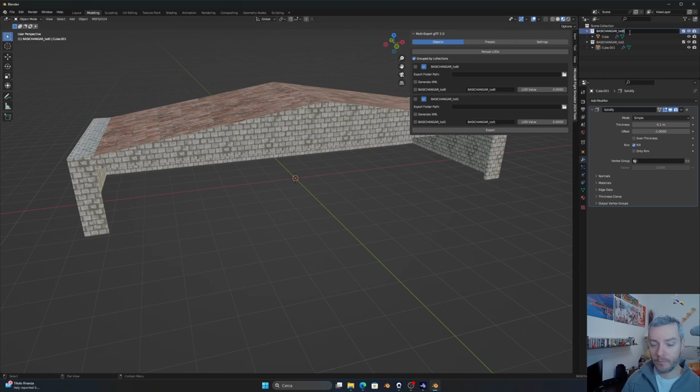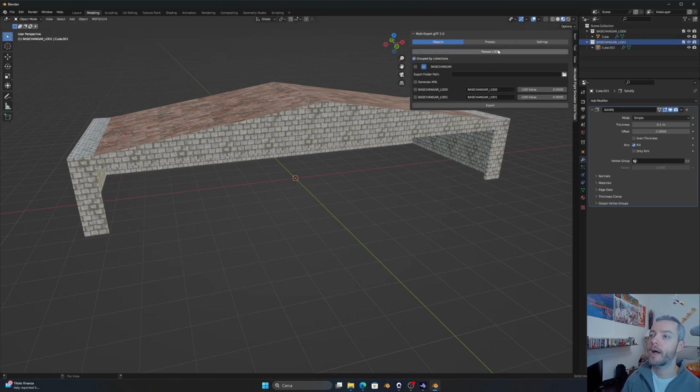Okay, it must be uppercase. One. Okay, group by collection. Always clicking reload LODs,